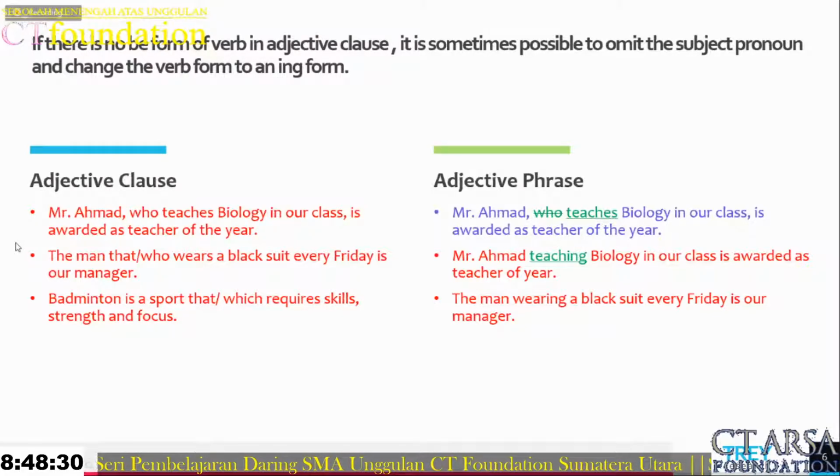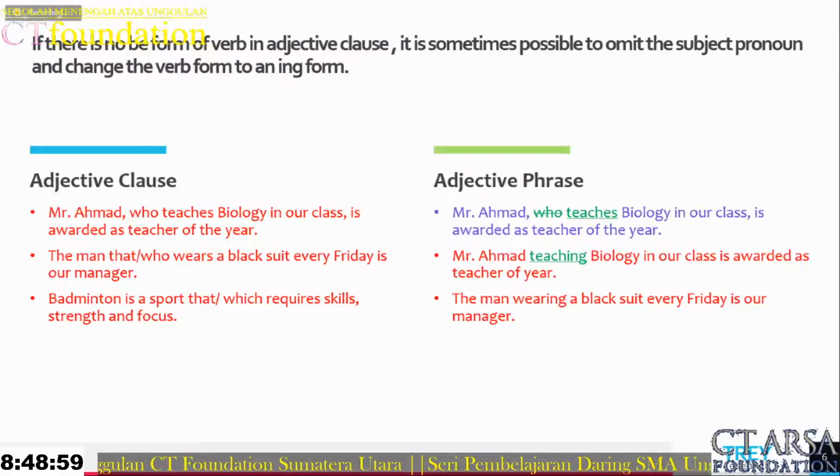Wearing a black suit is the adjective phrase, and this adjective phrase is describing the man, right? Miss Ahmad teaching biology in our class. Teaching biology in our class is an adjective phrase. And the adjective phrase is describing Mr. Ahmad, giving more explanation or information about Mr. Ahmad. Okay. And then